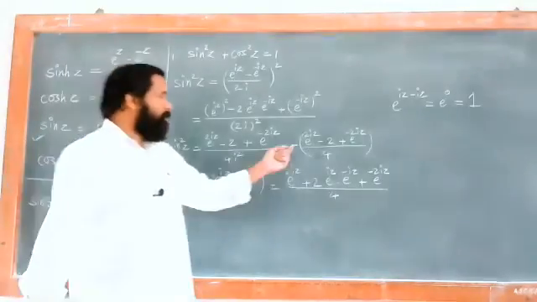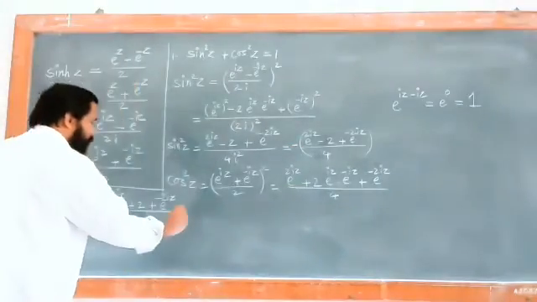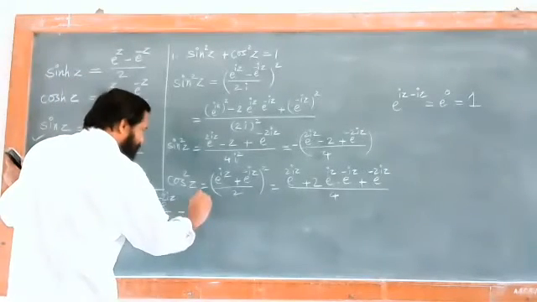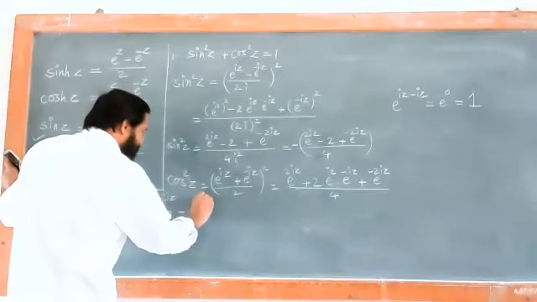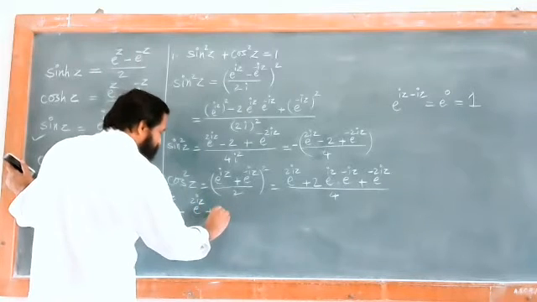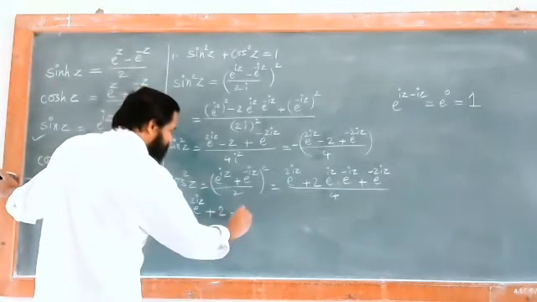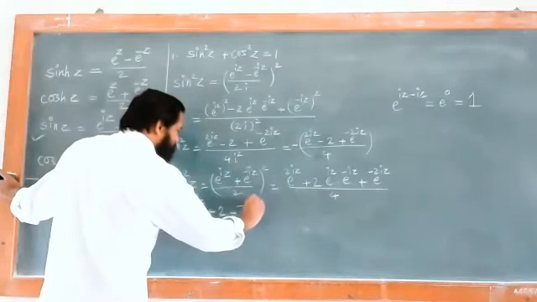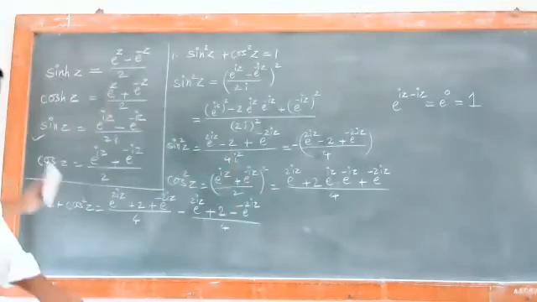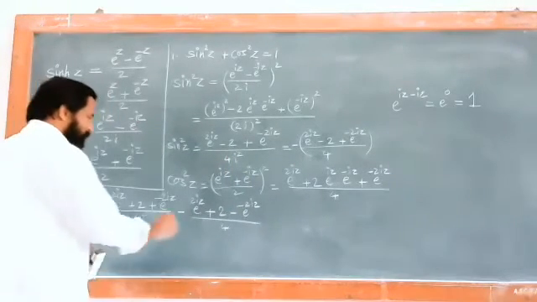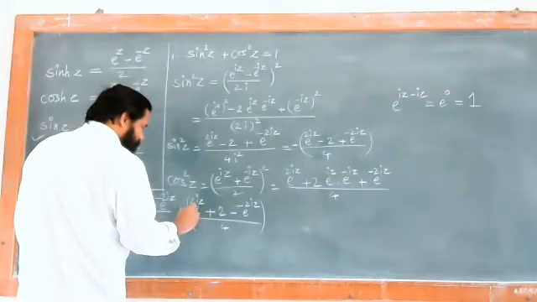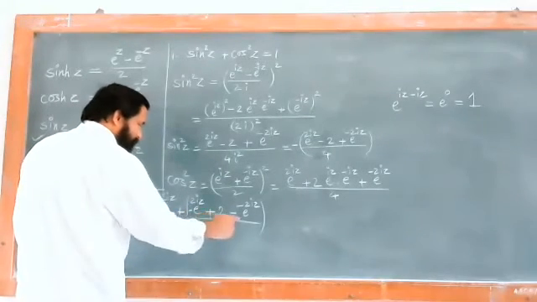Now look at this one. It is with a negative sign. So I just have the terms in terms of minus, that is e raised to twice iz. Minus minus will become plus. This is 2, and now this will become minus e raised to minus twice iz, divided by 4. I can also write this as plus times, this is with negative sign, so this is minus. This plus and this minus.